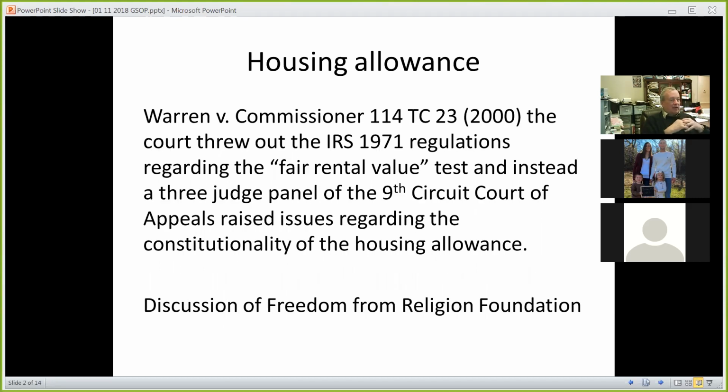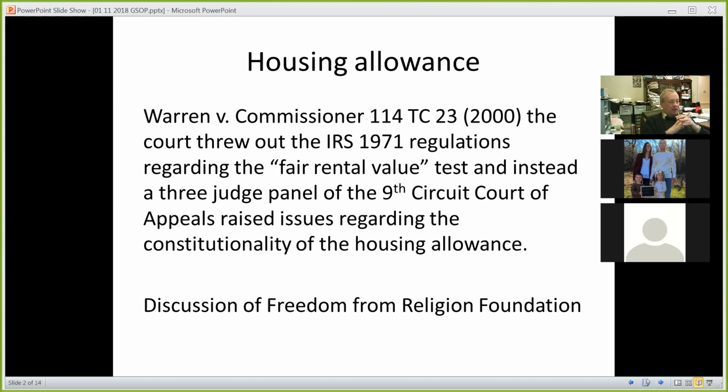In the Warren case, a 2000 case, Rick Warren, I believe, was the gentleman under audit here, was audited by the IRS, and the IRS threw out the 1971 regulations regarding the fair rental value test, and instead a three-judge panel out of the Ninth Circuit Court of Appeals, which is based in California, raised issues regarding the constitutionality of the housing allowance. So this is probably as good a time as any to have a discussion about the Freedom